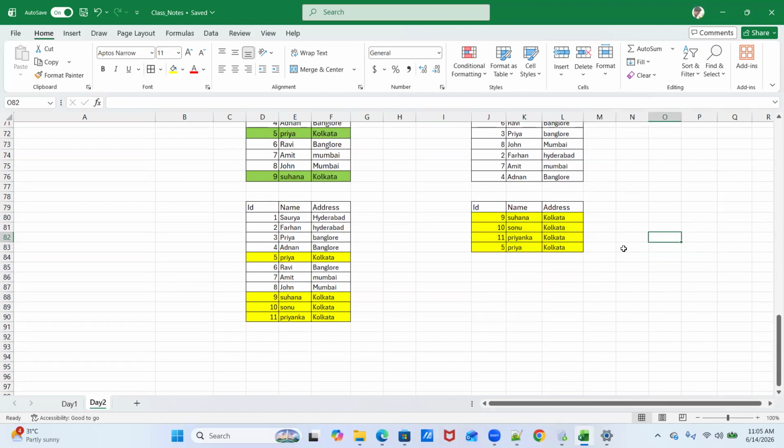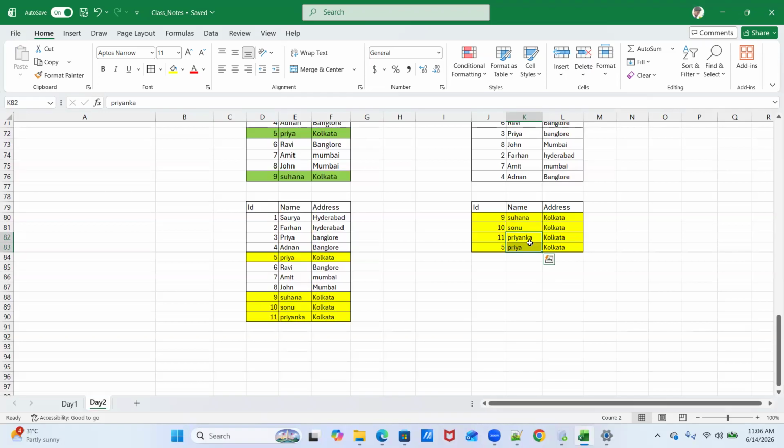What it will do, if the engine sees that the first letter is matching, then it will check for the second letter. If the second letter is also matching, let's say consider these two scenarios, Priyanka and Priya, then it will switch to the third letter, then the fourth letter, then the fifth letter.